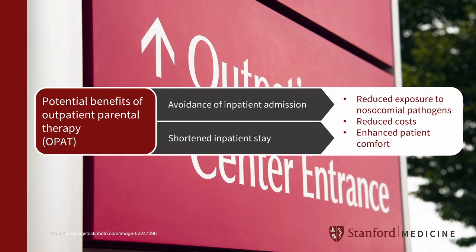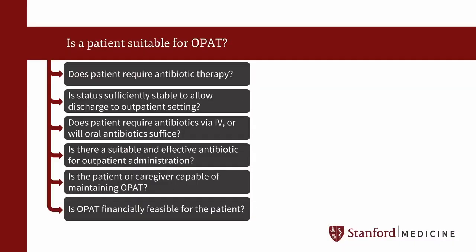While a number of criteria for appropriateness of OPAT can be used, the basic issue is this. If the only reason the patient requires inpatient status is antimicrobial therapy, they probably should not be an inpatient, assuming, of course, that there is a safe environment for outpatient therapy. More precisely, the following are among the questions that must be addressed in deciding whether a patient is suitable for OPAT.